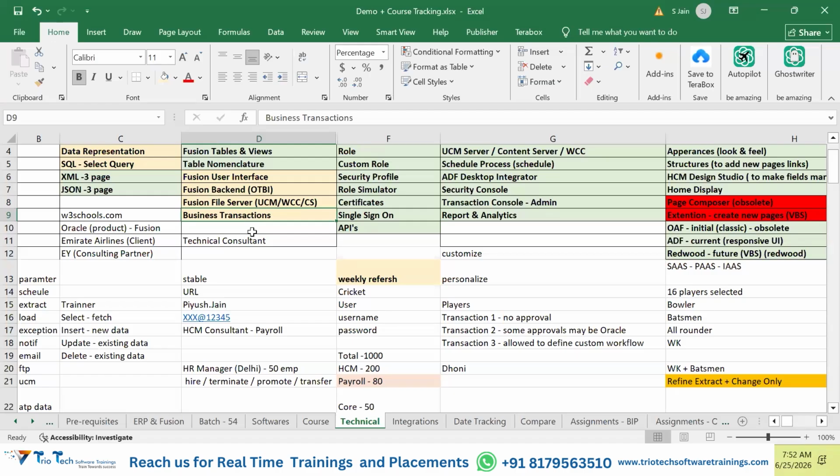Yeah. Same way in this software, any business user who logs in to the system may want to hire an employee, terminate an employee, promote an employee, create a purchase order, create an invoice, create a receipt, onboard a supplier, delete a supplier, add a contact detail, or modify the bank detail. Everything that happens from the UI is called a business transaction. And I am explaining that a business transaction may not require approval, may require approval, or may allow you to add your own custom approvals also. All that is possible. Clear?